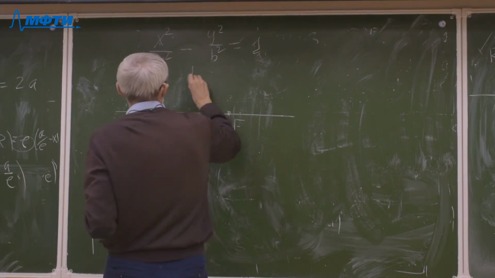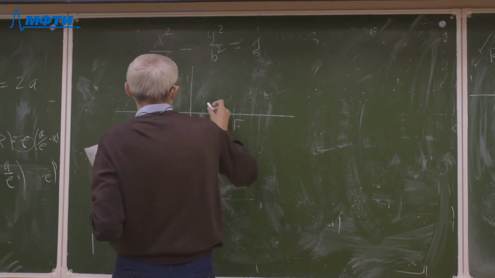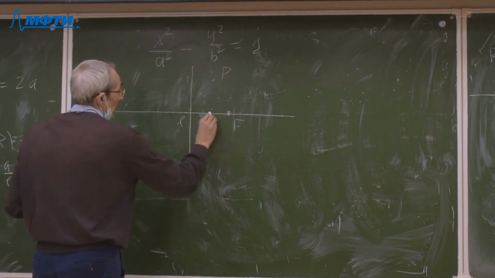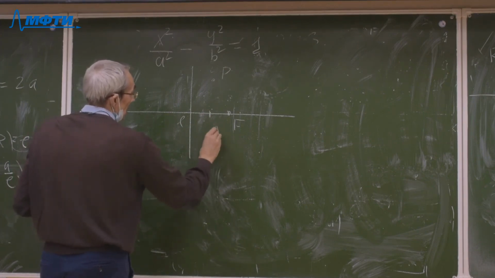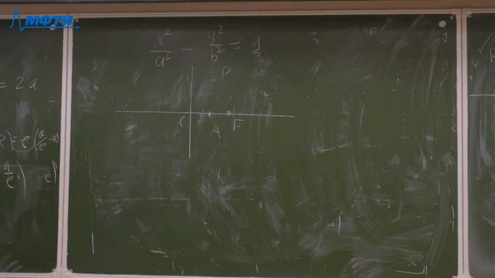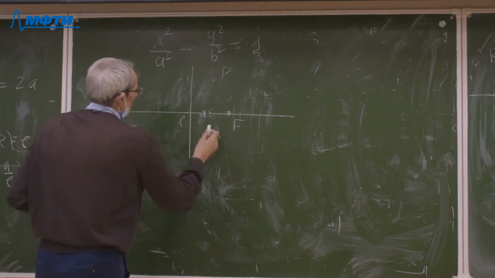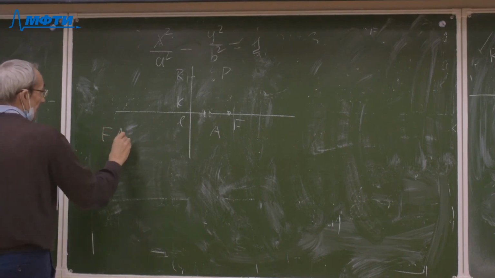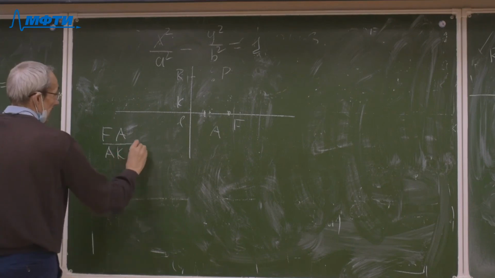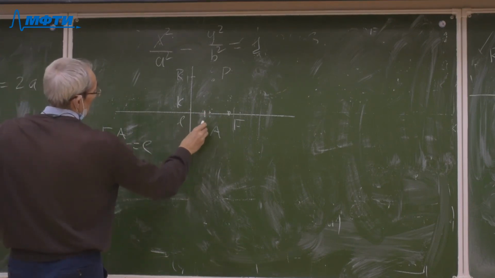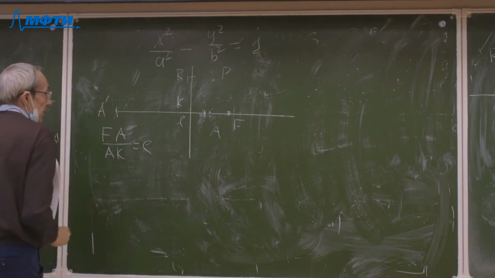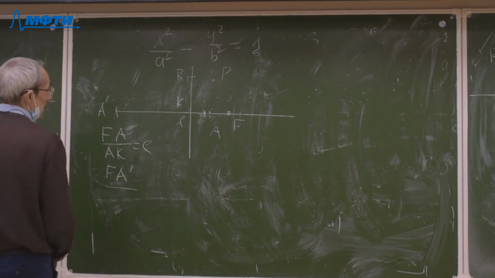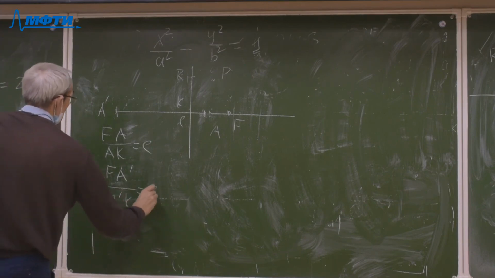We have F, we have straight line L, and we have some point P. We also obtain the point A such that the ratio FA to AK is equal to E. We also consider the symmetric point A prime such that the ratio FA prime to A prime K is equal to E,